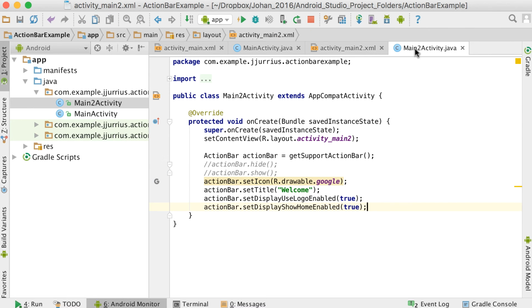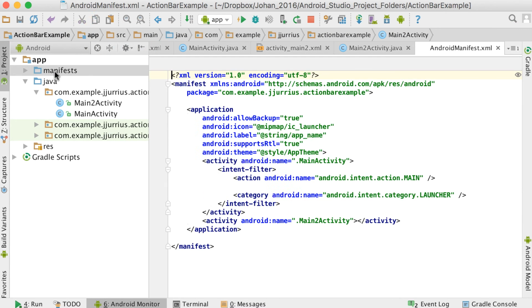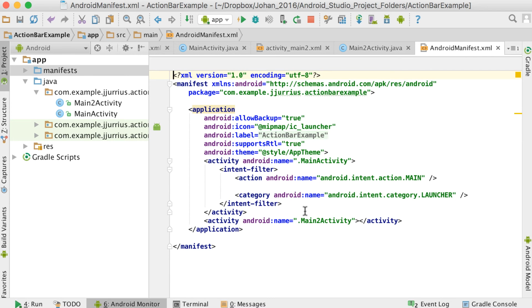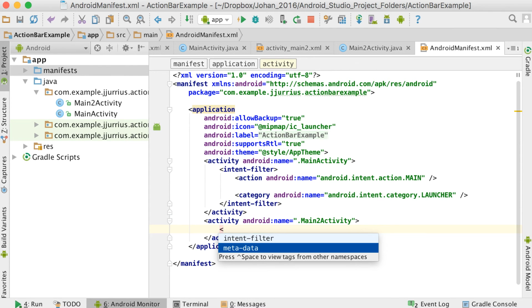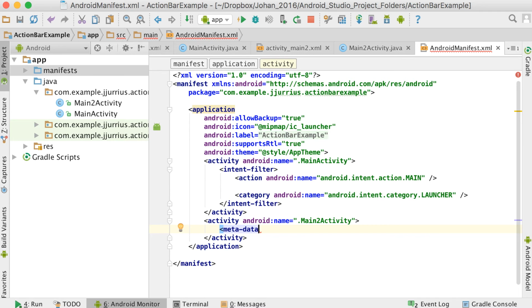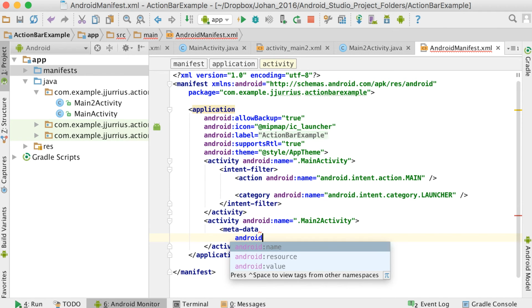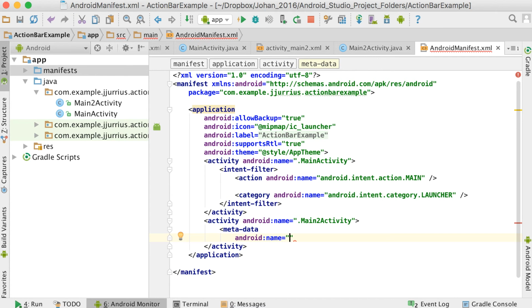Now, because we've got this activity in the manifest, you can see that this activity has been listed as Main2Activity. So what we want to add in this specific manifest of ours, in order for this to work, you need to go into this activity. There you can see the activity, and we're going to add a meta-data tag for the second activity. And then what we need here is an android:name property, and we're going to use